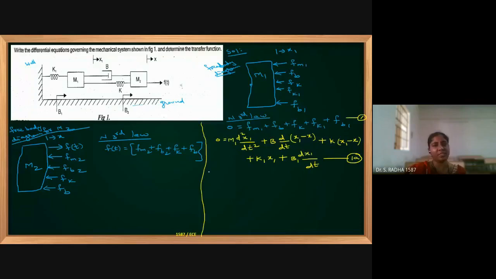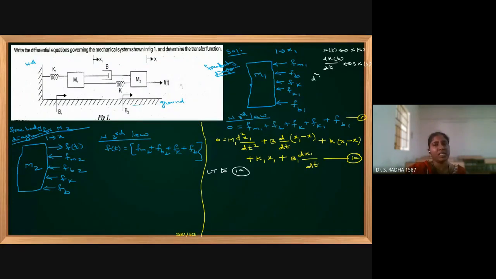If I apply Laplace transform to equation 1a, what will happen? If you have x of t, the Laplace transform will be x of s. If you have the first order derivative, dx of t by dt, with initial condition 0, we will write s into x of s, minus small x of 0 will come. We will consider initial condition 0, and hence the next terms, initial conditions, will not be taken.